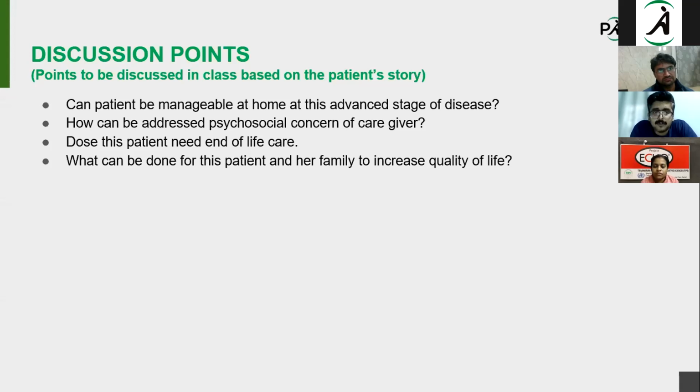Did the patient know that she was going to die, or was it kept from her? She knew very well. So there was no collusion. The patient was actually aware of the disease course. That's why she is more worried about who will take care after her. Definitely. And one more thing I previously mentioned about home care: whenever we discharge patients for home care, one major concern the relatives have is, who will care? I don't know how to give medicine. I don't know how to take care of the patient.